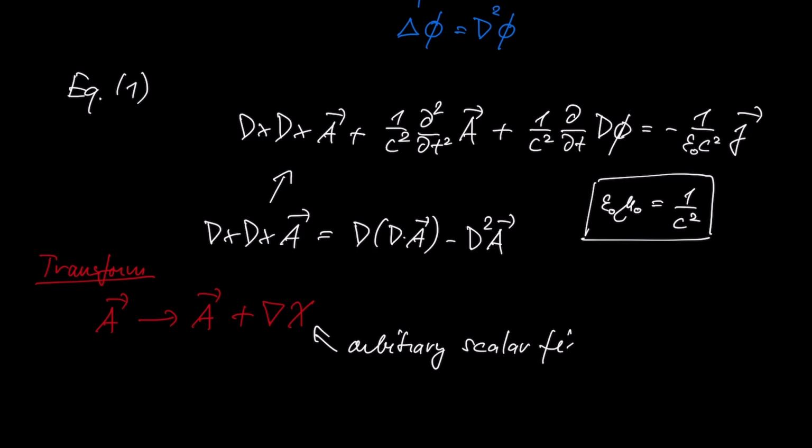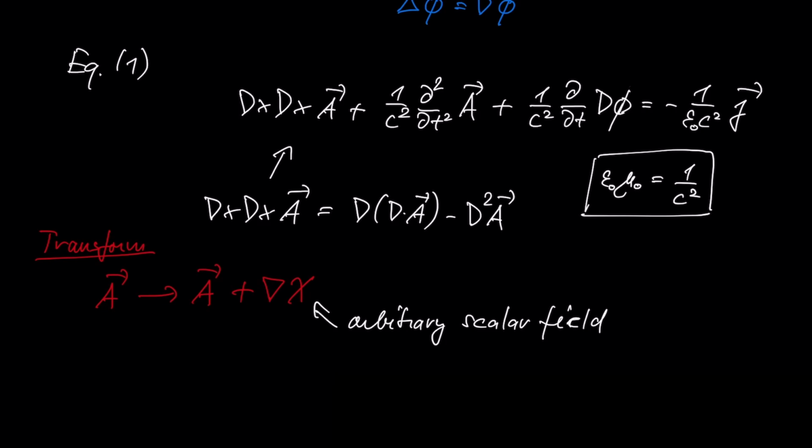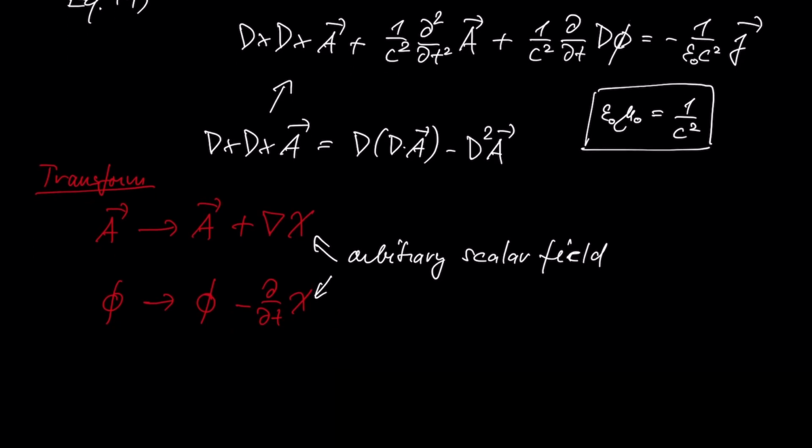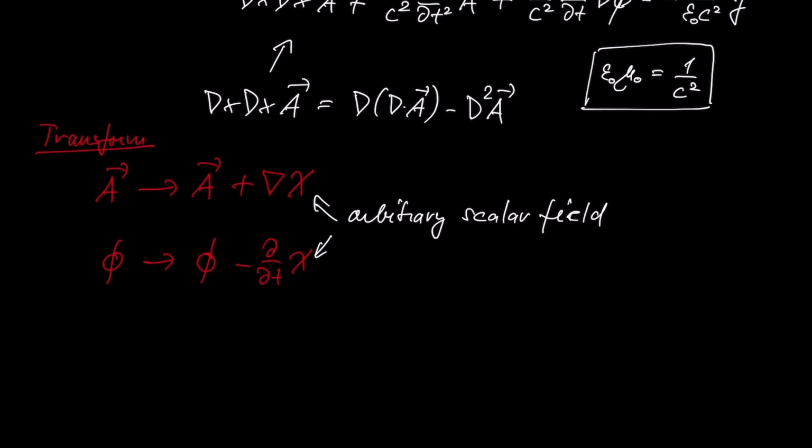scalar field, chi, and when we at the same time also change the potential phi to the potential minus time derivative of this scalar field, that's the same scalar field, this transform will give exactly the same electric and magnetic field. So the same fields. So we have E,